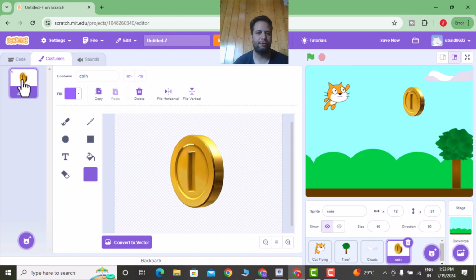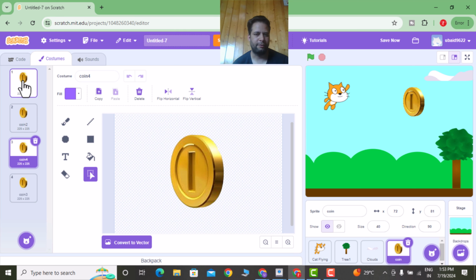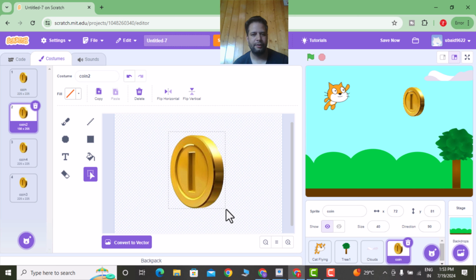I will right click on this and create a duplicate, under the costumes tab. So I will duplicate this, and I will duplicate this again. I will create four costumes. The first is okay. For the second, I will change the direction. So I will select this coin and change its direction